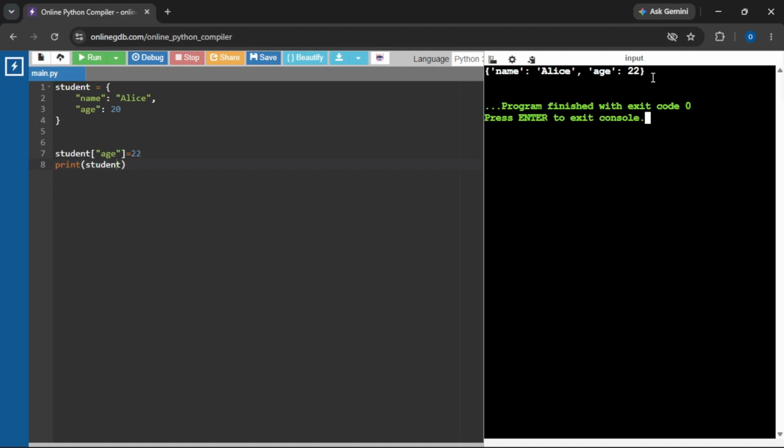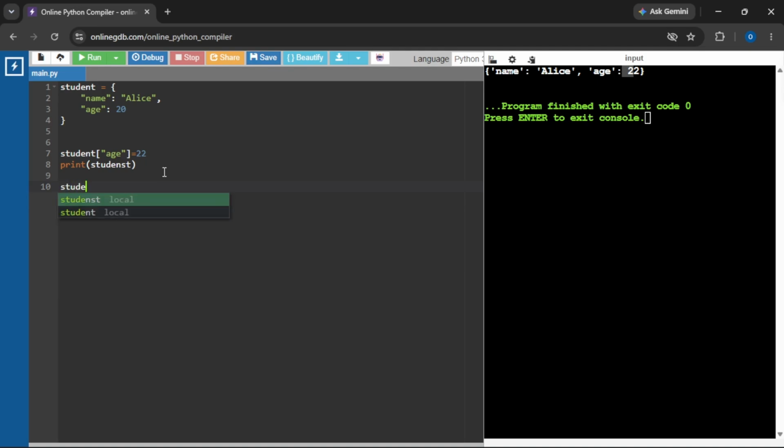Here you can see the new age is being updated. Basically, the key doesn't change, only the value of the key has changed. We can also go with storing new values to the dictionary, like this: student,